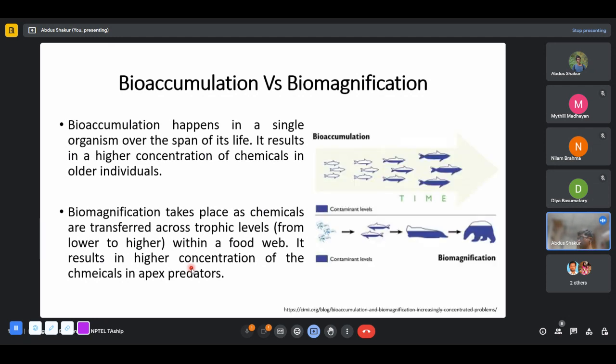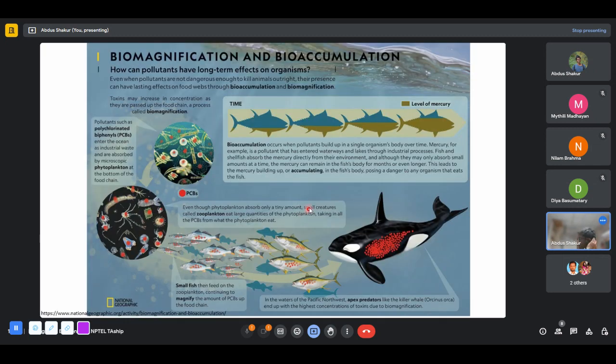The same thing this image is saying. Just have a look at this. If you take this individual as a young individual, it has a little amount of, let's say, mercury being the pollutant here. As it ages, because it has been exposed to that environment for a longer time, it keeps on accumulating a lot of it. So this is called bioaccumulation: accumulation within a single organism, a single individual. While biomagnification refers to the increase in concentration of chemicals